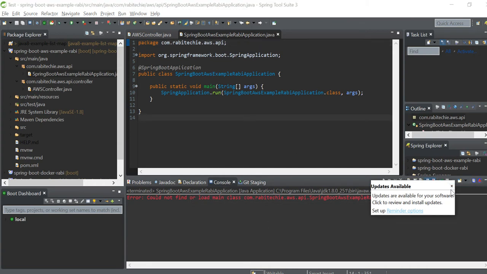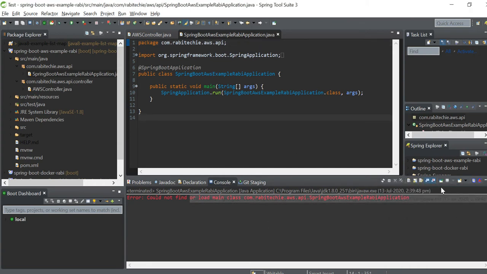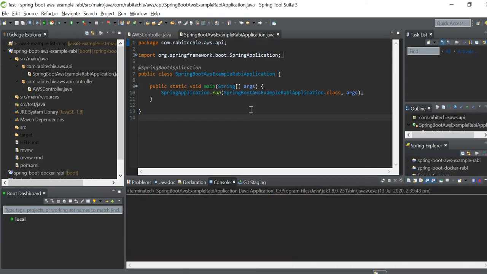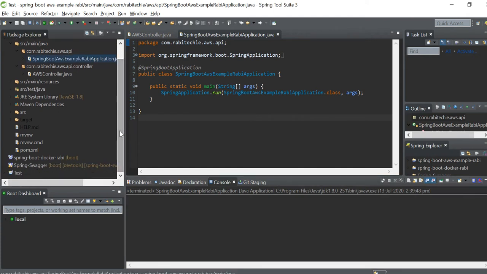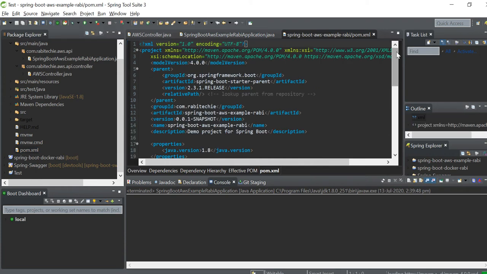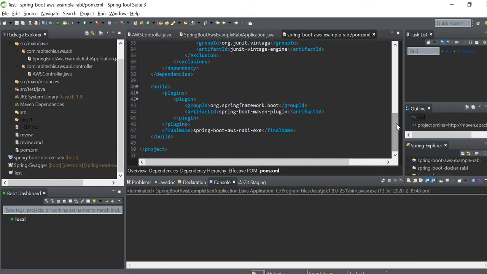So we need to prepare the jar file first of all. To do that, we have to put the final name, that is Spring Boot AWS Ruby. You can give anything, and this jar file will be generated at the target.